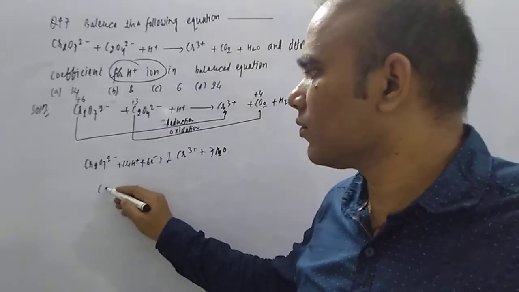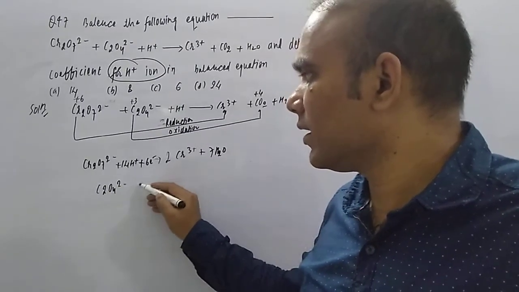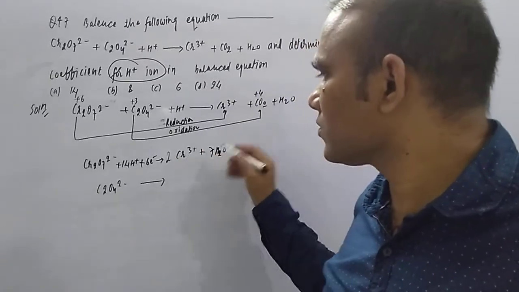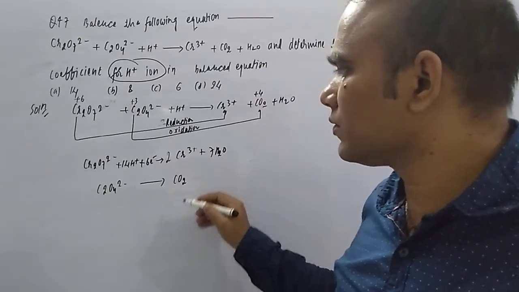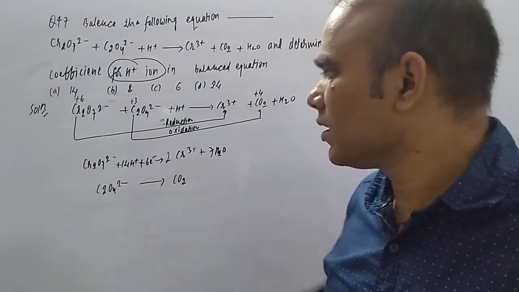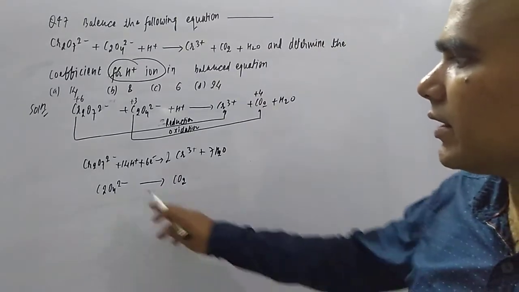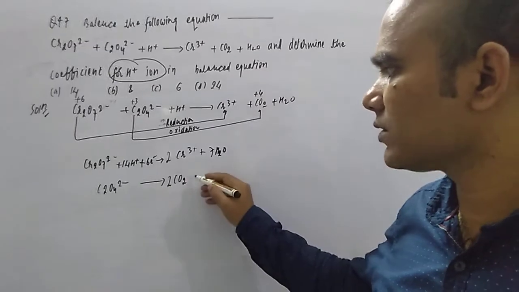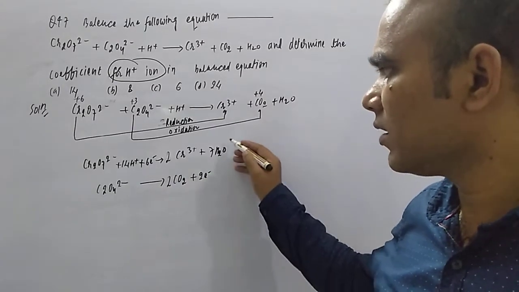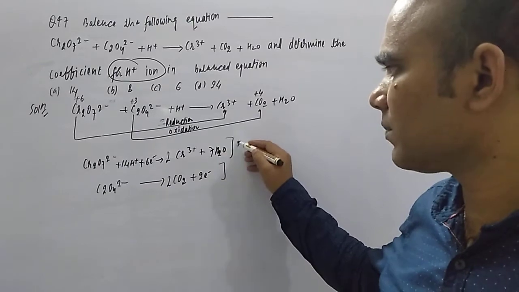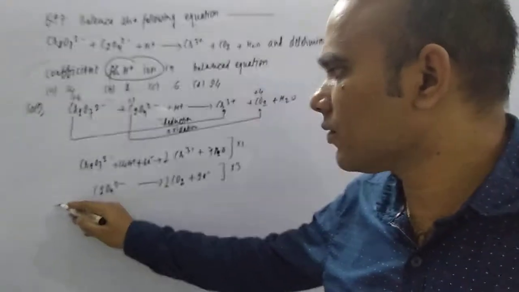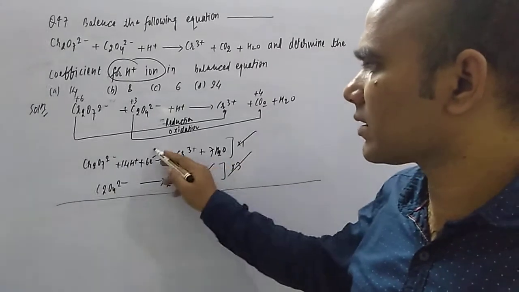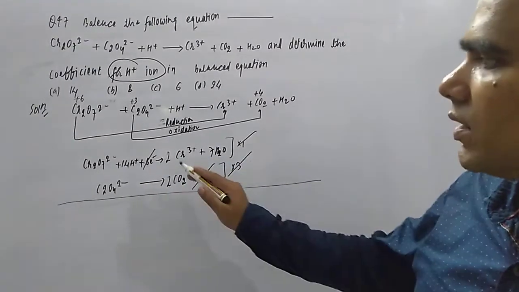Another equation we are going to here is C2O4 2 minus. It is converting into what? It is converting into CO2. So you see, student, what is going to happen here? There is no charge, here there are 2 carbons, so you multiply by 2. Here there is 2 negative charge, so you also get 2 electrons. To balance this, you multiply by 1, and multiply by 3. After multiplying, you write 3 times 2 is 6 electrons, and the left and right electrons cancel out.